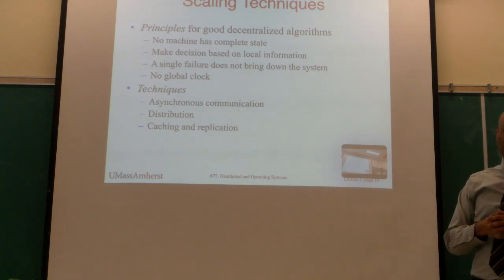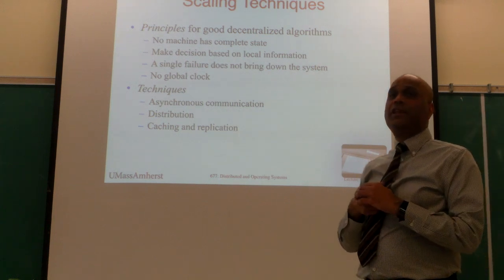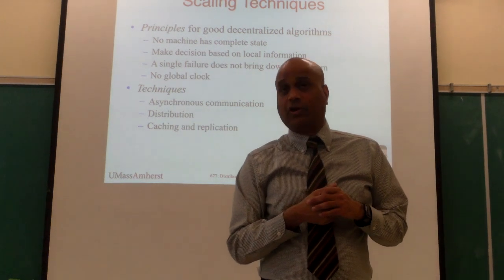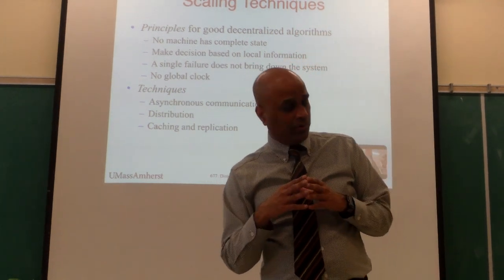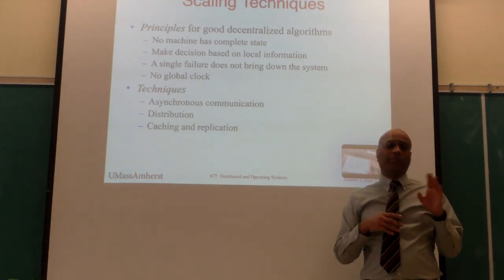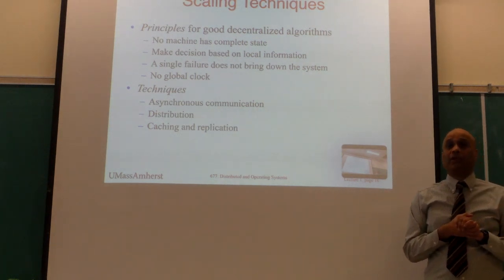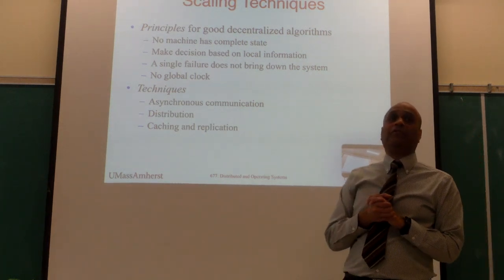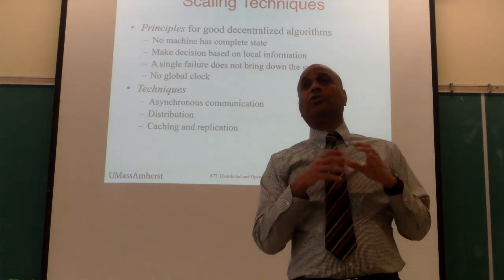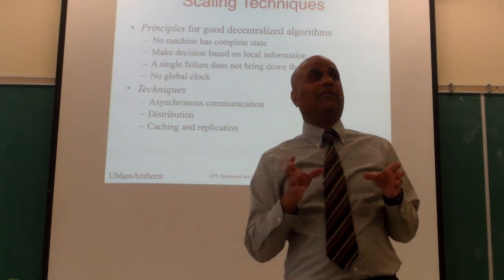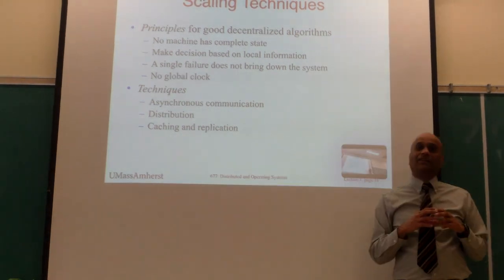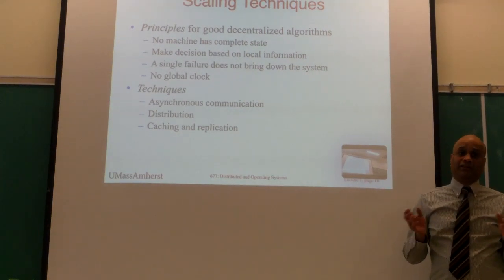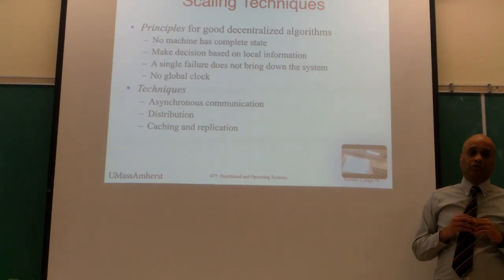First, if you want to scale your system, or make your algorithm distributed, you should not have one machine that stores the complete state. All of the information needed for your application to work should not be on one machine. State is essentially the information that you need for your application. That is going to create a scalability problem. You should not